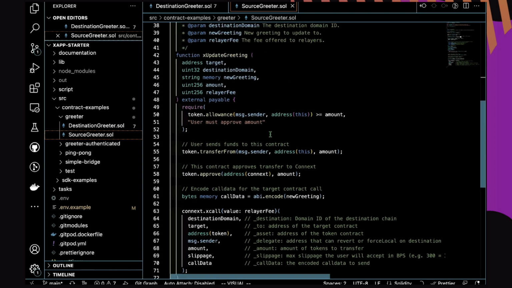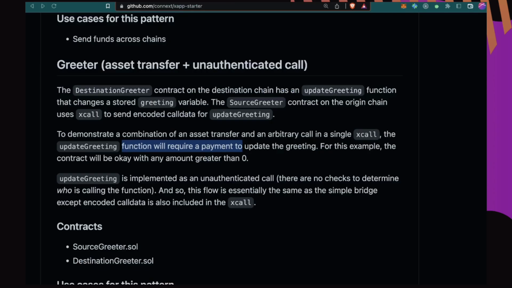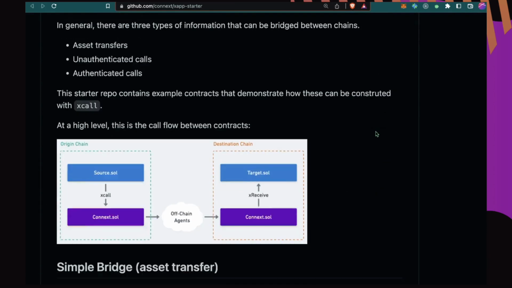The last parameter that we're going to feed in is the relayer fee. So you'll notice that it's passed in as the value to this xcall. So what you're doing is you're actually passing in the native asset as the relayer fee. And the relayer fee is this fee that's paid to off-chain agents to actually execute your call on the destination chain. So if you recall up here,